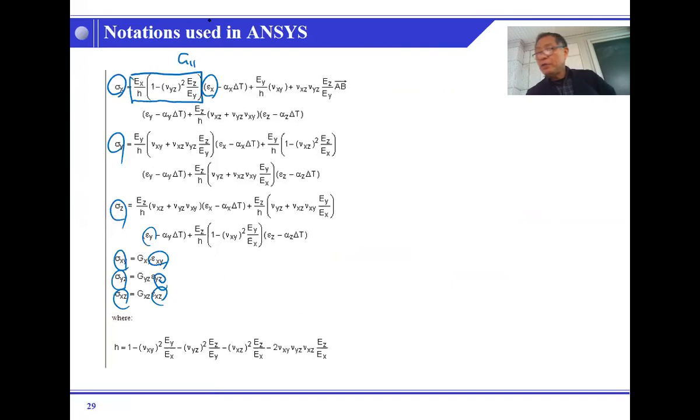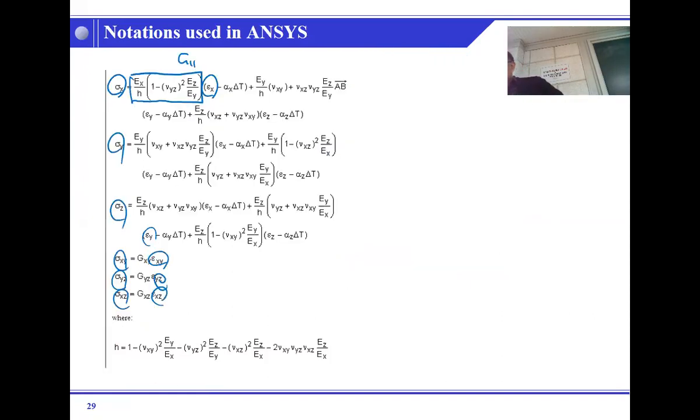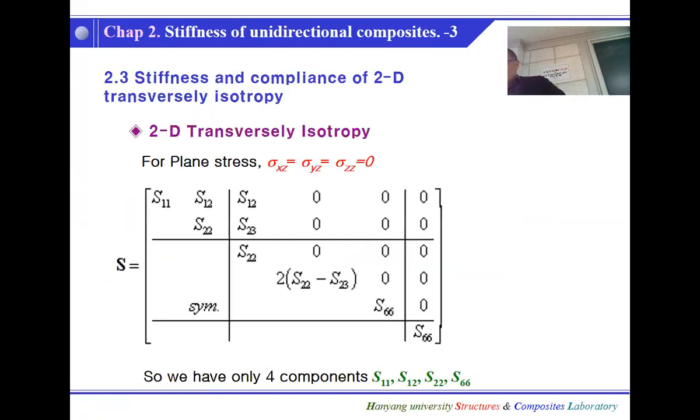Well, I don't think you need to remember this. You only need to understand these engineering constants, and the compliance and symmetry, which you just calculate numerically. Okay, so basically this is what we covered last week,